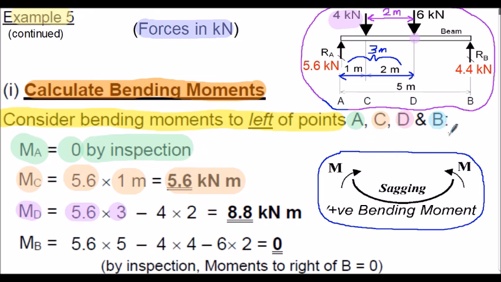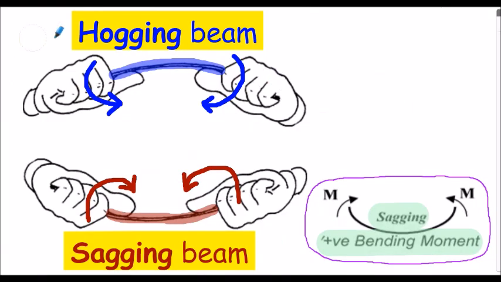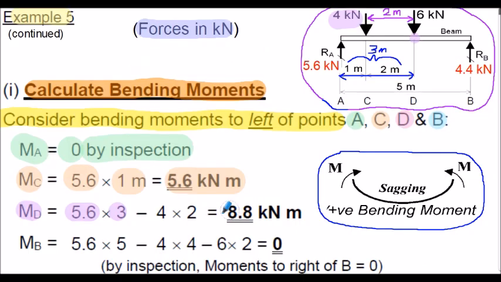And that's actually a negative bending moment now, because it's trying to what's called hog the beam. In other words, the 4 kilonewton force times 2 meters is trying to do this to the beam, the opposite sense to our positive bending moment. Again, here's a picture of our hogging beam. In our calculation, we minus the 4 kilonewton force multiplied by the 2 meters. Evaluating the bending moment at point D on the beam, 3 meters in from the left-hand end, is 8.8 kilonewton